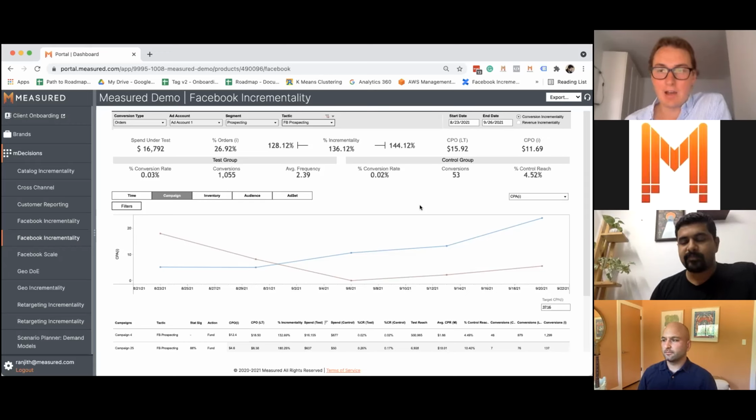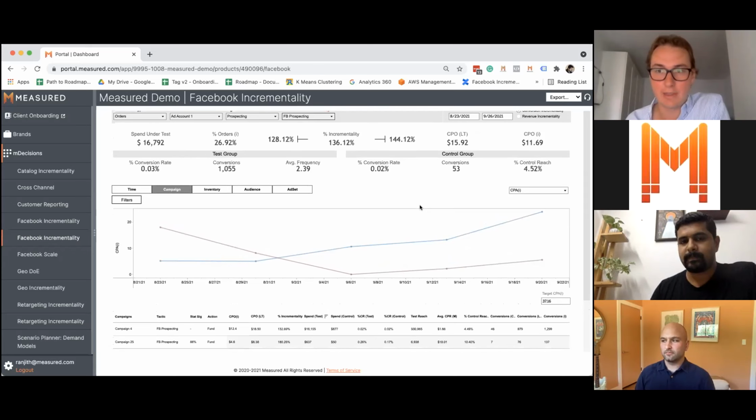Just to clarify that for folks, if you saw an incrementality over 100% on Facebook, that would mean that for every conversion that Facebook is reporting, they're actually missing 0.3 conversions in their reporting, because either there are folks that opted out that your ads drove sales for, or as Ranjit said, the conversion window is so small that there are a lot of folks that you're driving 2 weeks after they saw an ad, but Facebook can't track that anymore. Right. Okay.